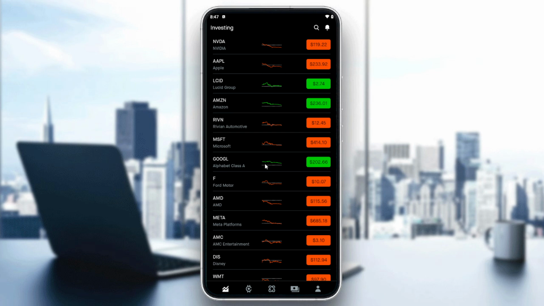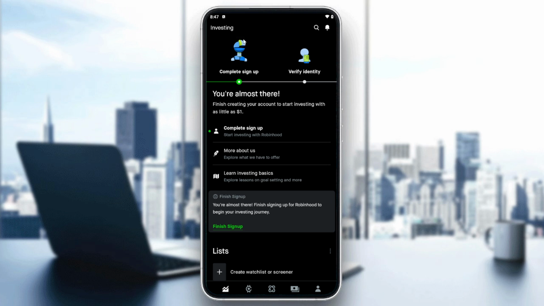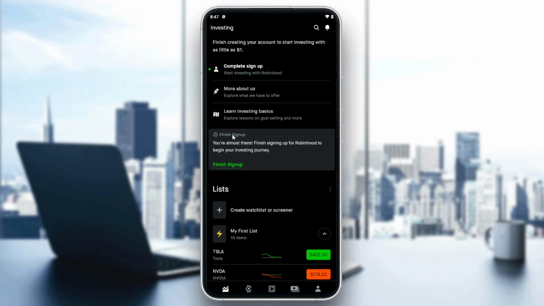And basically, first make sure that you have everything set up in your account. Make sure that you already have your bank account linked with your account. Everything is verified and everything is working. So basically, after that, all you need to do is go to your profile so you can withdraw